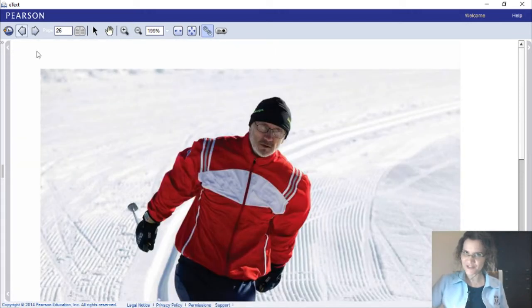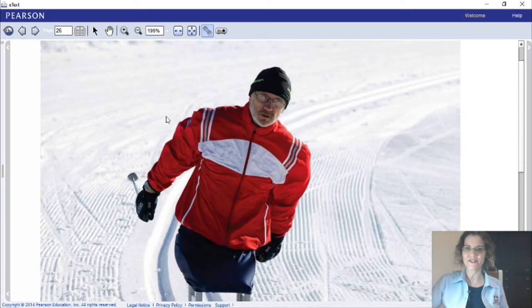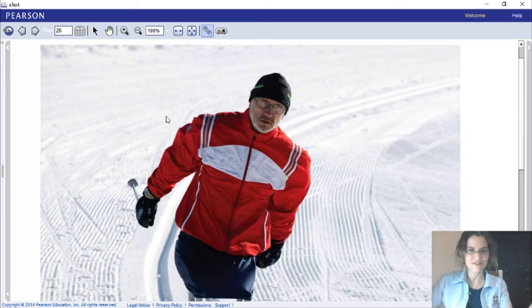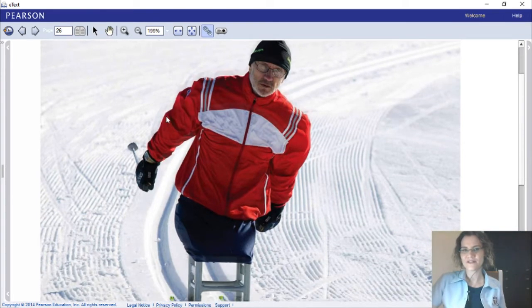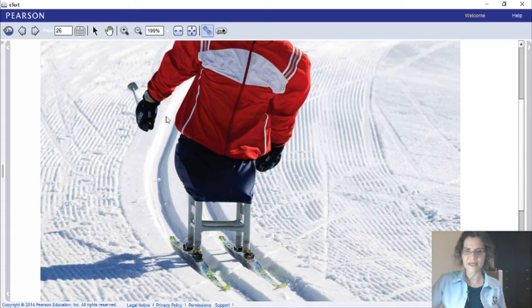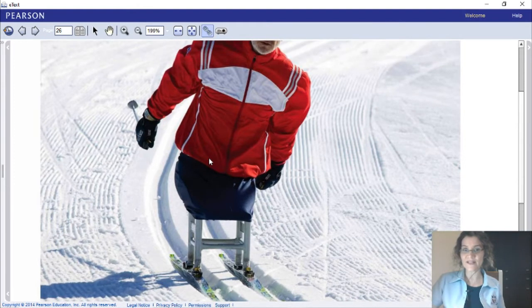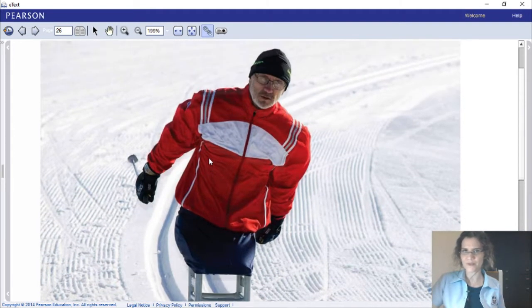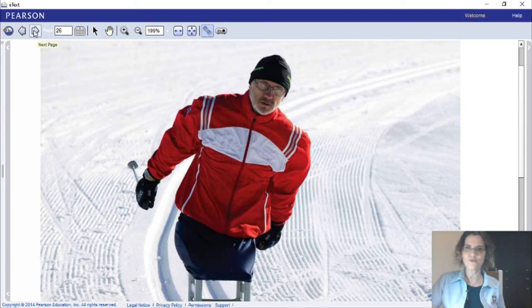Okay, let's look at the picture. What do we see here? You would say, well, it's a man. What is he doing? Skiing? But let's look a little bit further down. Now, this man doesn't have legs. See that? Amazing. Being able to ski with legs is already super difficult, but doing it without legs, I wouldn't want to try that.